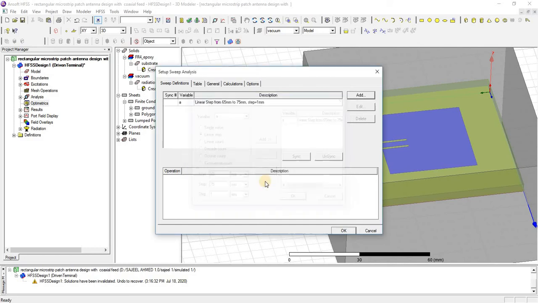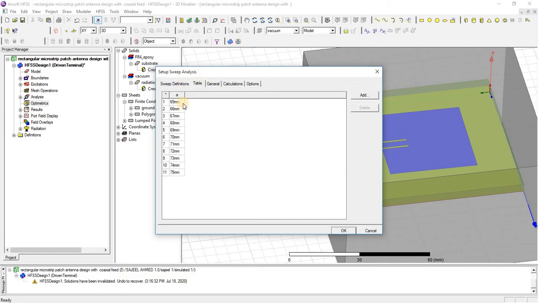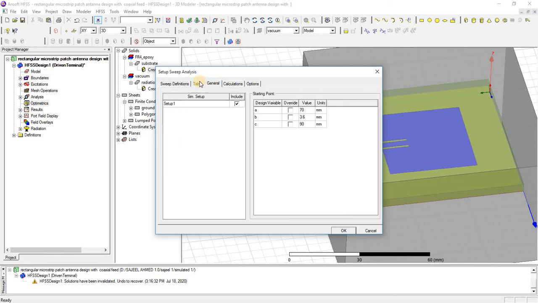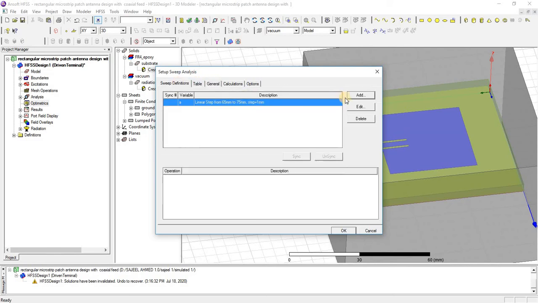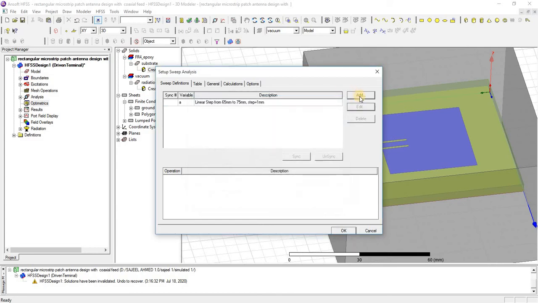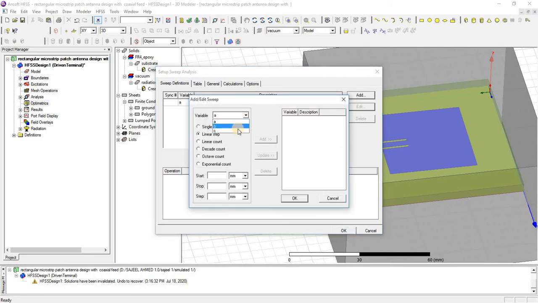And press OK. You can see from here in a table that this range of values has been assigned to variable a as a parametric analysis. Similarly, you can edit it if you want to change it, and you can also add it for other variables.